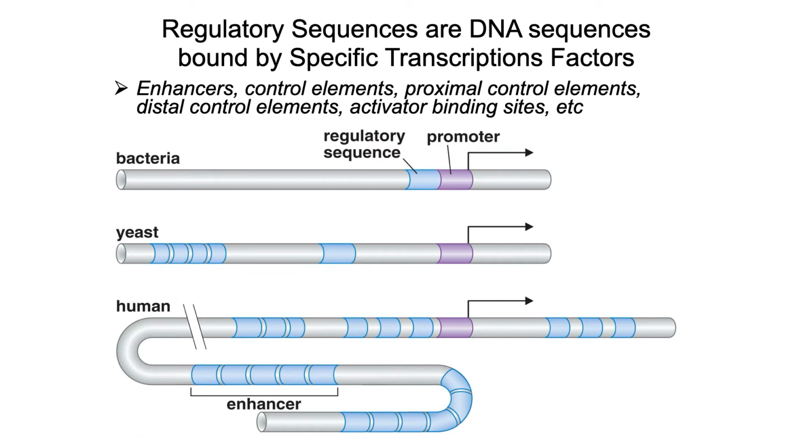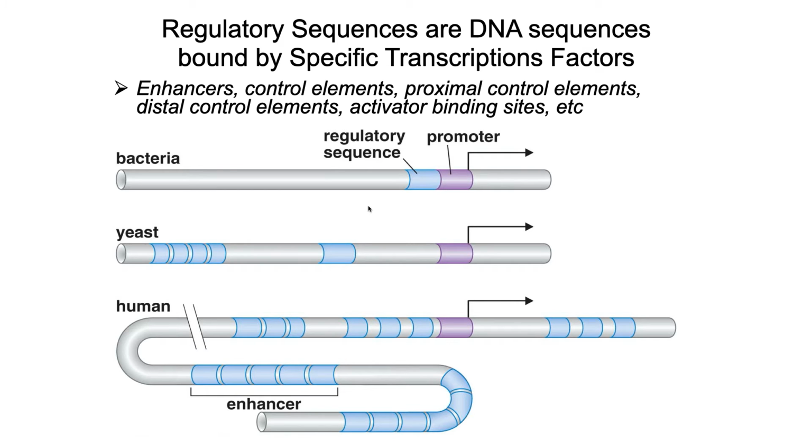So here are the regulatory sequences. And you can see that regulatory sequences are necessary no matter what type of cell we're looking at, whether it's a bacterial cell, yeast cell, or human cell, within the DNA, within the gene, within those cells. Now, the difference is that in bacteria, those regulatory sequences are often very, very close to the promoter. And that'll become important, and we'll talk about exactly why that's important a little bit later.